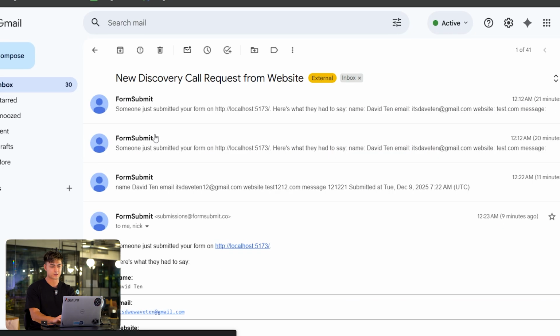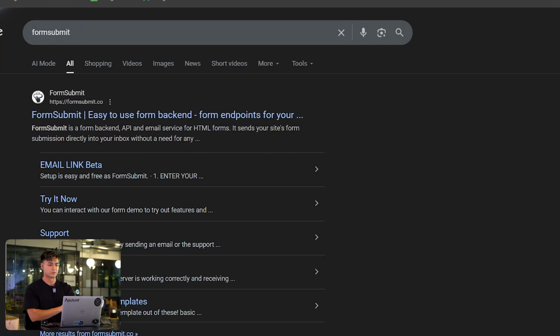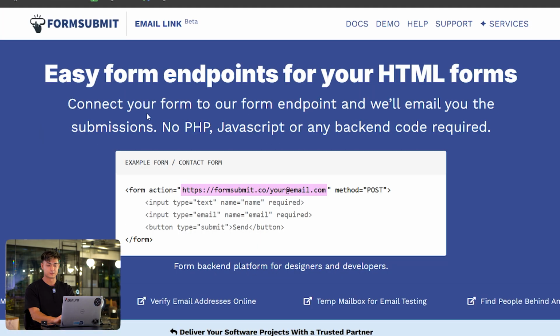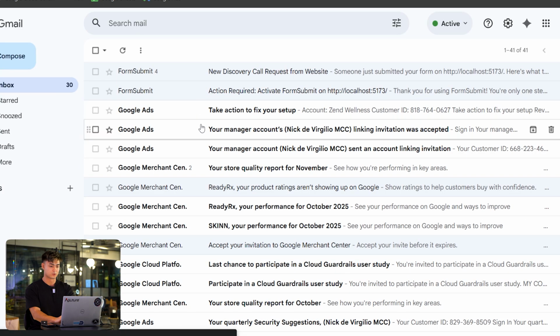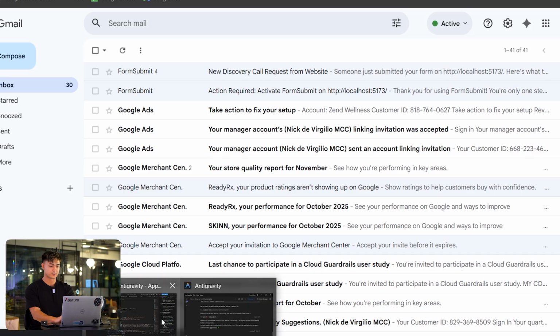But basically there's this app called Form Submit, and you literally do not need to set up anything. You just ask the LLM to use this and it will send emails once you get leads. So this is a very easy, scrappy way to collect lead forms without having to do any crazy setups. So I'm gonna ask the LLM